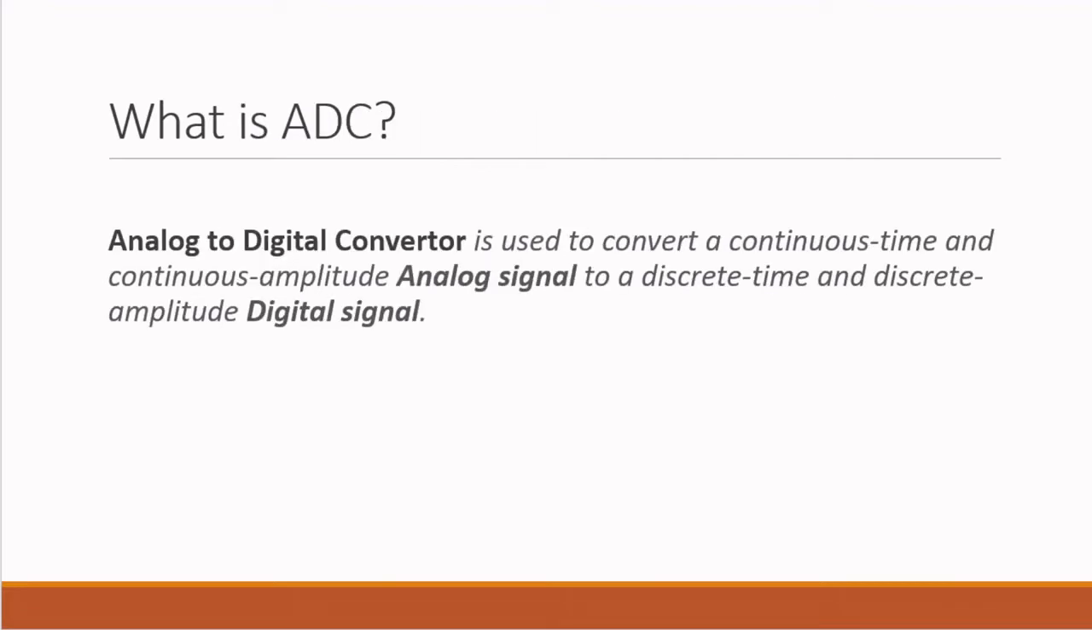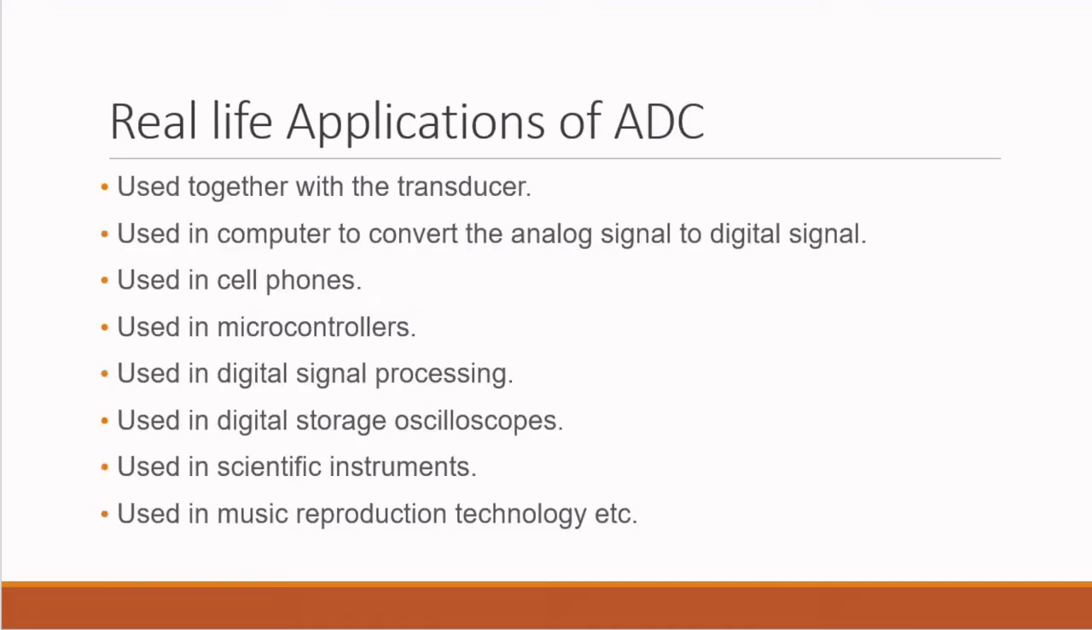So, what exactly is ADC? An ADC is nothing but a tool which is used to convert a continuous time and continuous amplitude analog signal to a discrete time and discrete amplitude digital signal. Some of the real life applications of ADC are